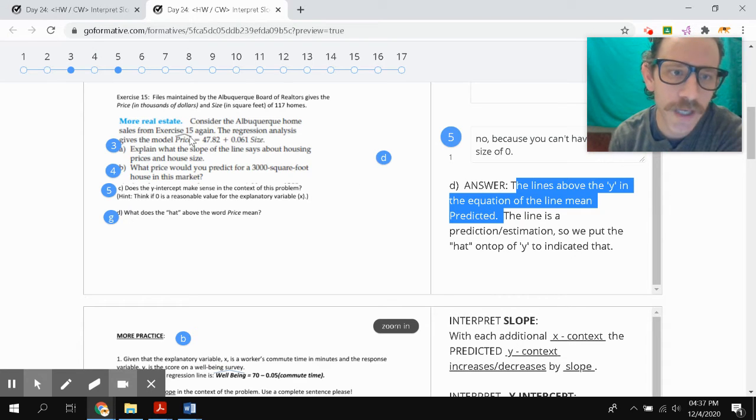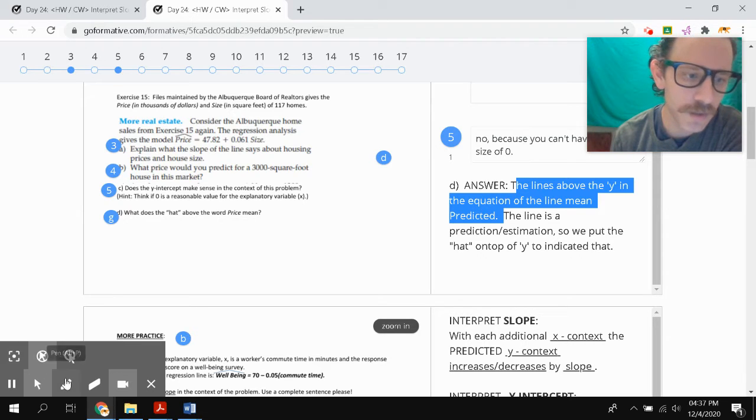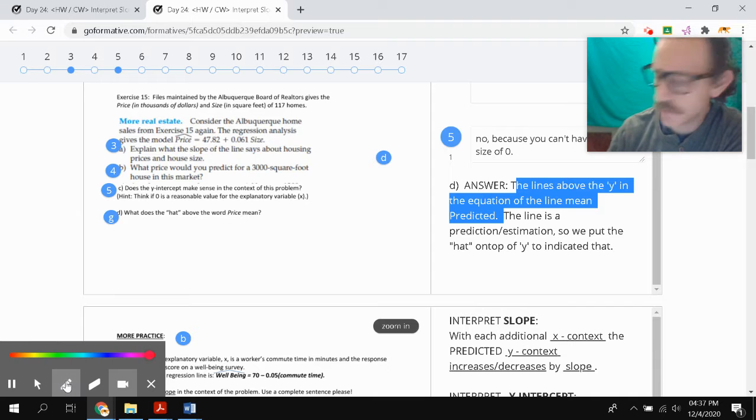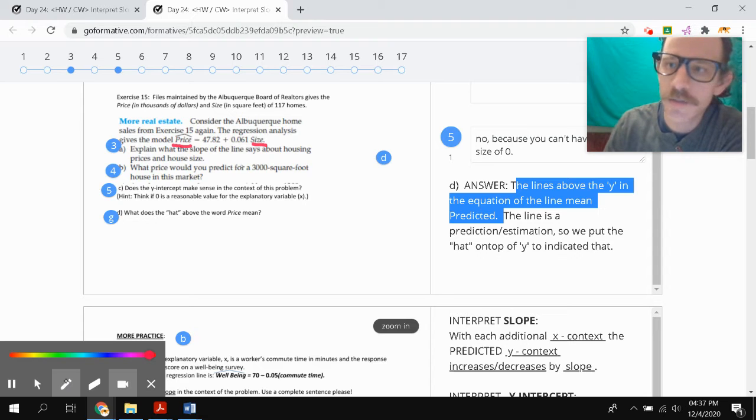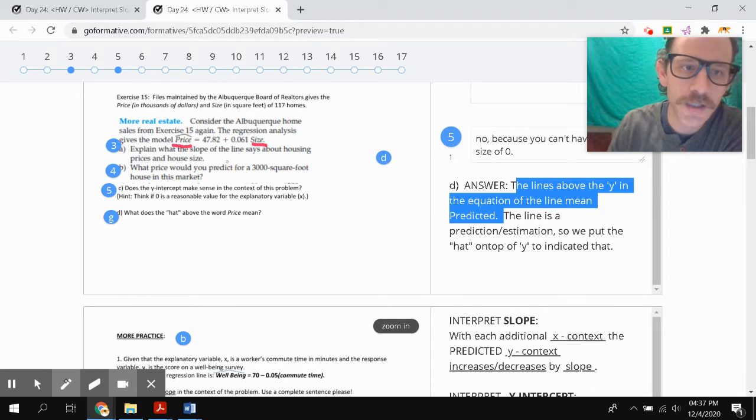So we have to put a hat on top of that price. And then we can get the y-intercept and the slope there in the equation. So it's all there in the equation. There's the y, there's the x, size being the context for our x. So in number 3, when we're asking about explaining slope,